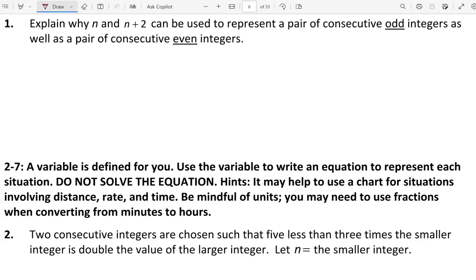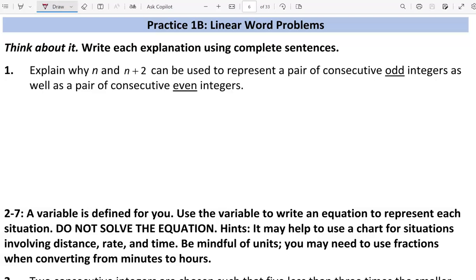Okay, we're going to walk through the solutions to the 1B practice. Explain why n and n plus 2 can be used to represent a pair of consecutive odd integers, as well as a pair of consecutive even integers. So,